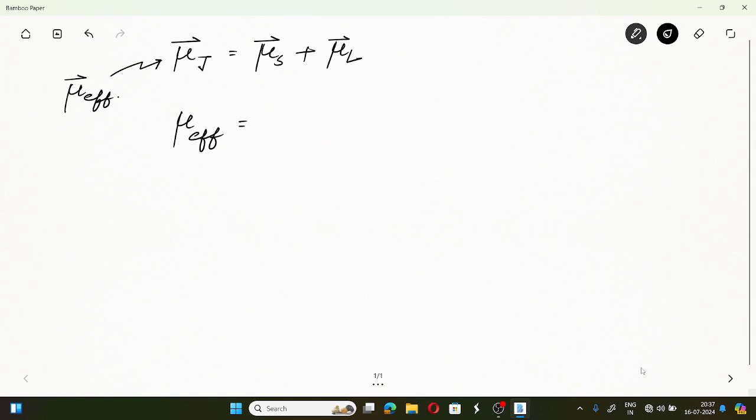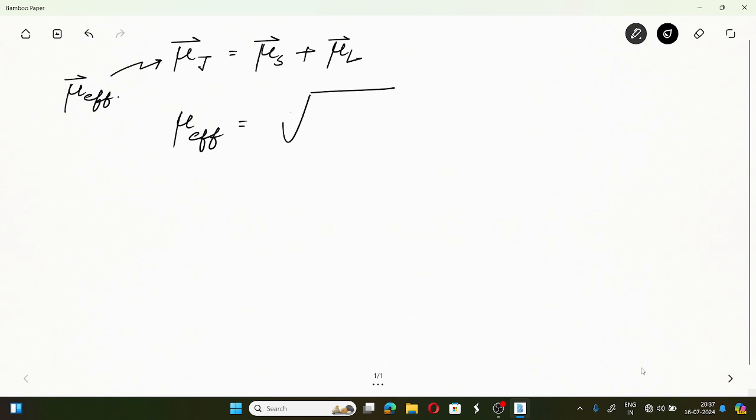Previously, we have already discussed the orbital contribution to the value of magnetic moment. We have already discussed that mu j is given by mu s plus mu l, that is the vectorial summation of spin as well as orbital contribution to the value of magnetic moment. So this is mu j, or mu effective. Now, from physics, we can say that this mu effective is given by